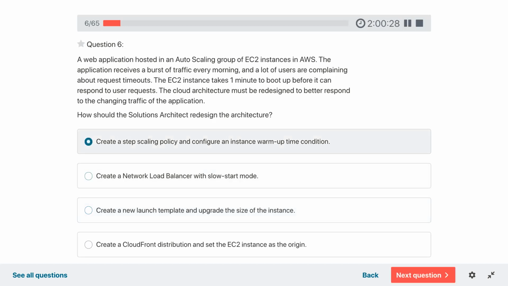So create a step scaling. What step scaling does is, as soon as a load increases based on the step, it would increase more servers. And when you have warm up, which means that the instance, as soon as it gets started, does not accept the request. There is a warm up time after which it becomes active or it starts taking up the request from the load balancer.